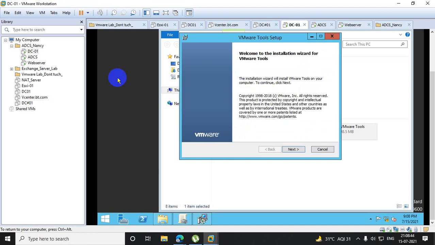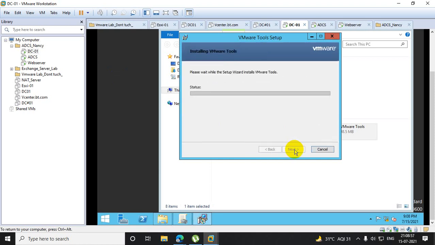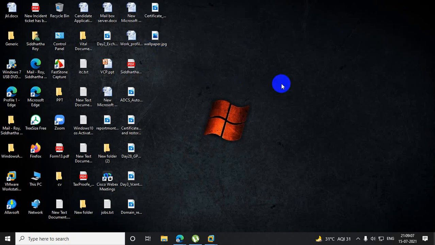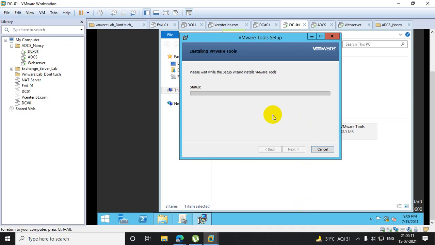This VMware tool is just like the hardware drivers for virtual machines. Got my point? After you install this, the DC can copy files from my base machine, or else it won't allow.